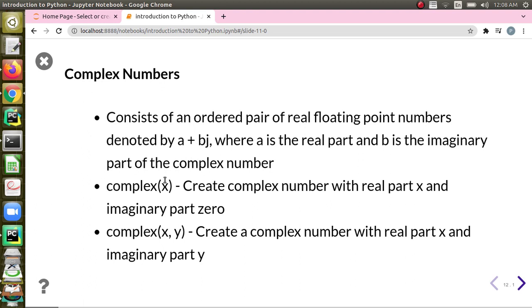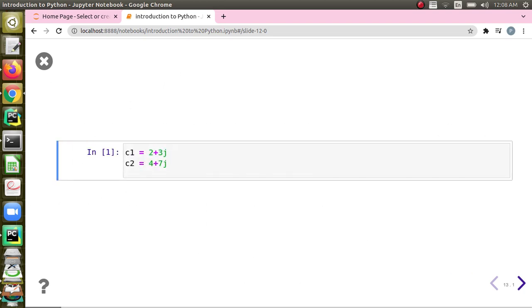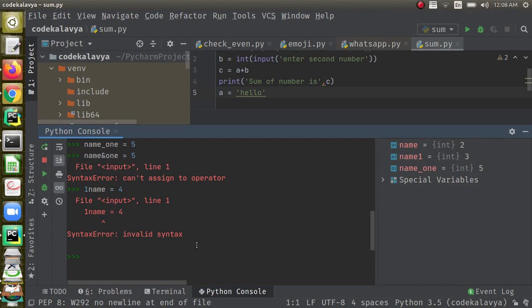You can create complex numbers by passing either one argument to complex, I can write complex(x). Then x will be treated as the real part and the imaginary part will be treated as 0. Or I can write complex(x, y). If I write like this, x will be the real part and y will be the imaginary part. I will show it in the console.